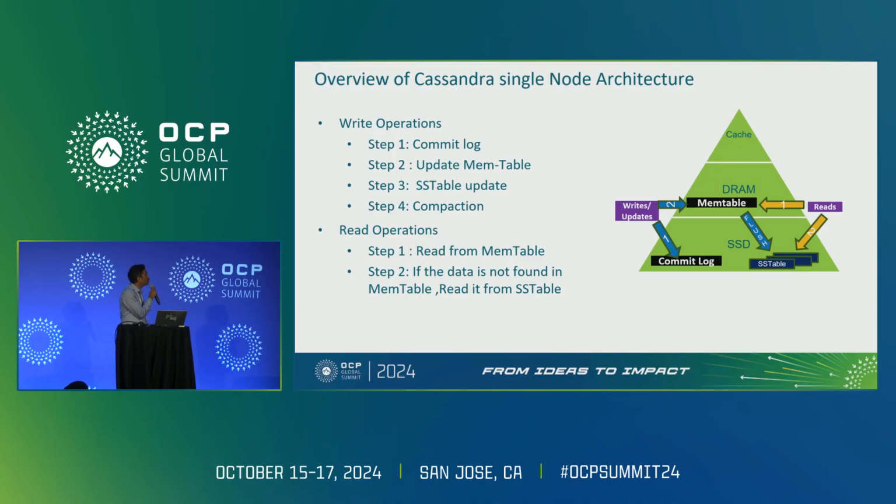Just a quick overview on the single node architecture here. It's not completely calling out what the Cassandra architecture is. We are trying to call out how the read and write operations happen in Cassandra and how the flow works. In a single node, in the DRAM, the mem tables are sitting where you call it a data cache, and you have a commit log for persistence reasons, and you have SSTables for increasing your capacity or data sets.